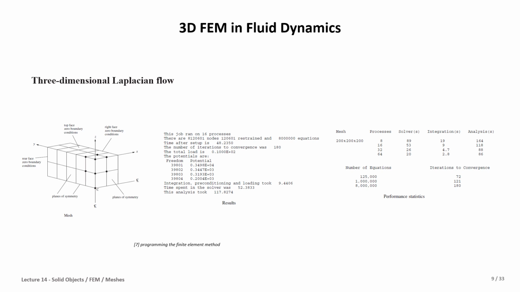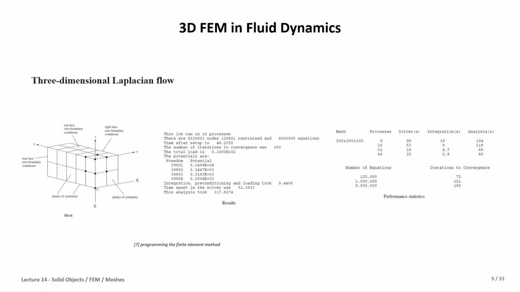Regarding the number of equations, we can see that with 125,000, the iterations required to converge are 72. With 8 million equations, 180 iterations are required to converge to the right solution. And we can see the parallel computing has a remarkable effect in reducing the time. For example, when going from 8 to 64, the analysis time gets cut to around half, from 164 to